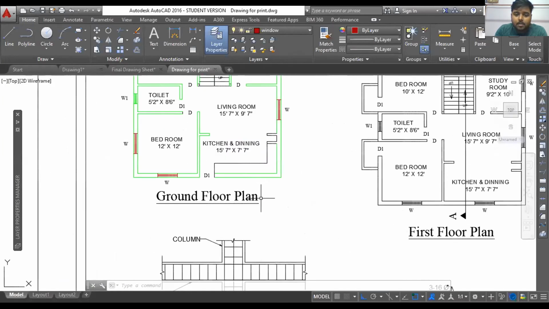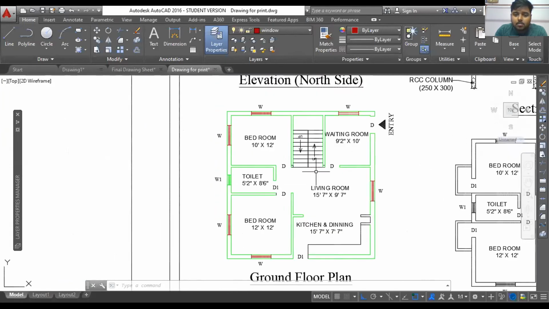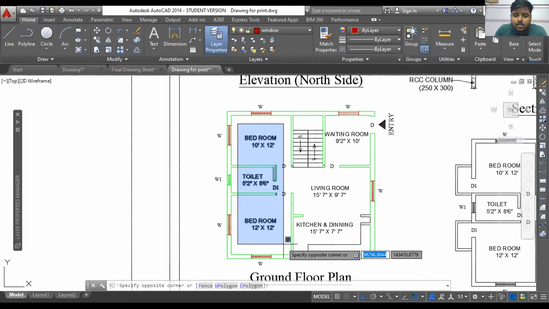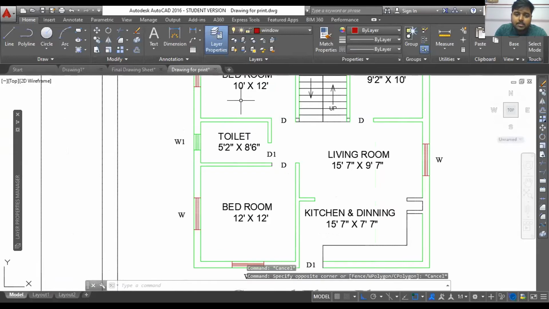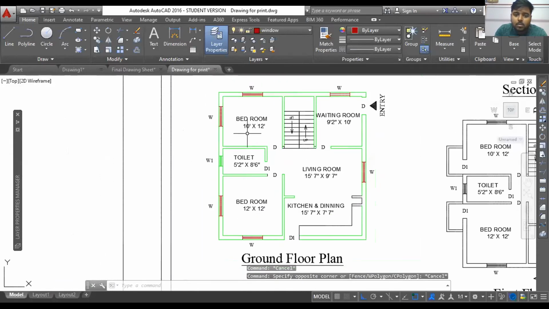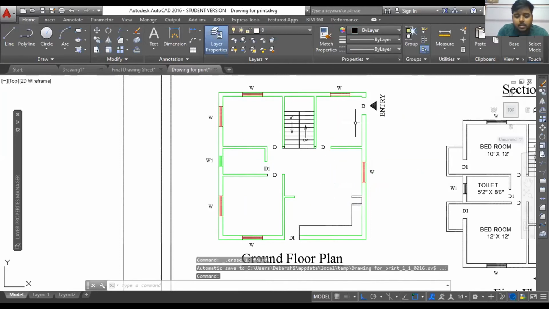For example, I want to delete all the text. So I can select like this, but you can see a wall line is also coming under this selection, so I cannot delete it this way. In that case I'll select it this way, or maybe I can use the right to left selection also. It will be easier. Now I can delete it.